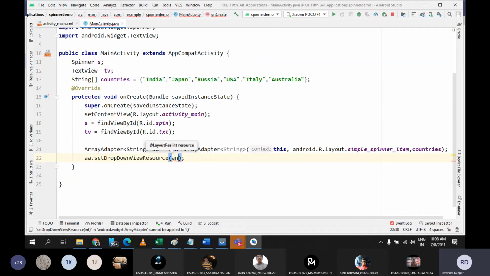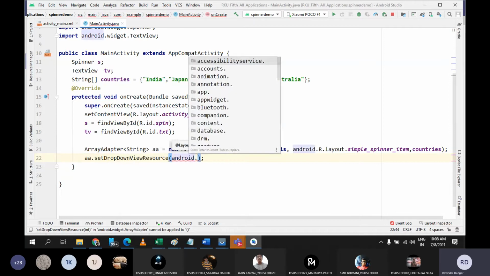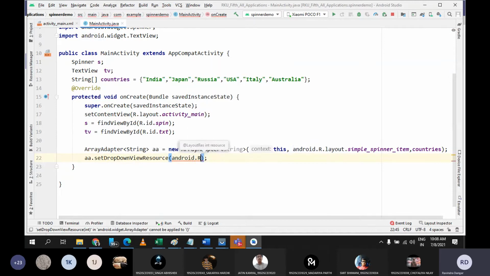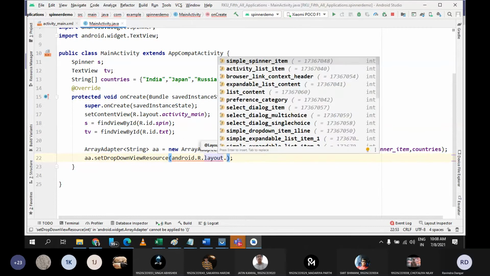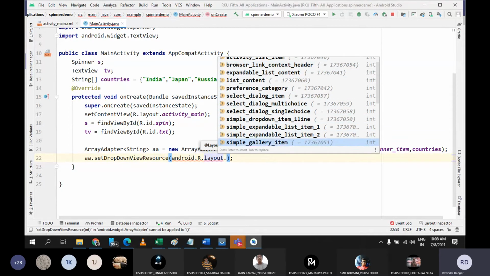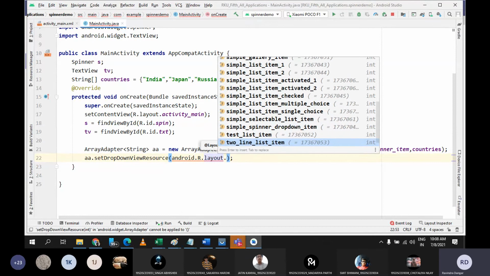So again you can use android.R.layout dot, and you have various patterns. Here I want to set the drop down item, so I can select any item for the drop down. Let me check it. Here also you can see, yes, I'm talking about spinner, and this is the property for me.